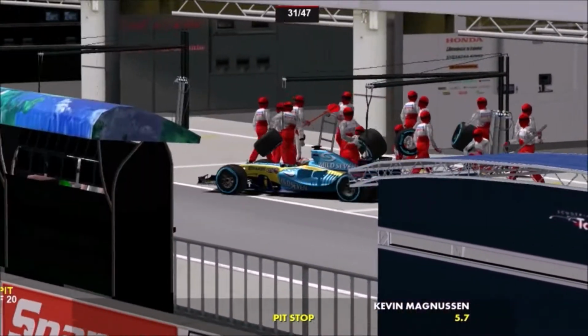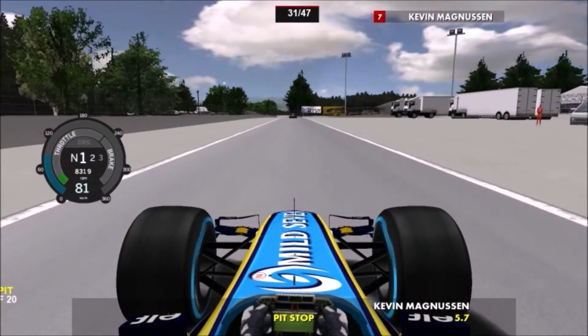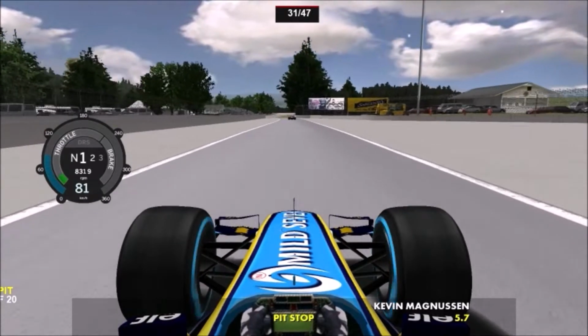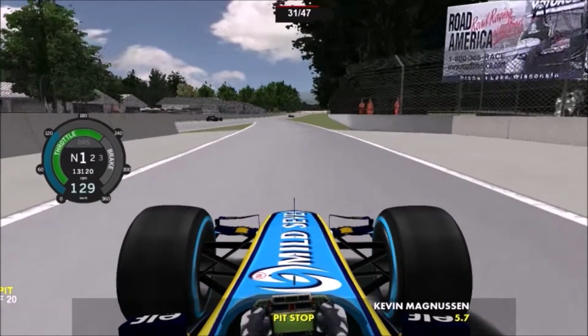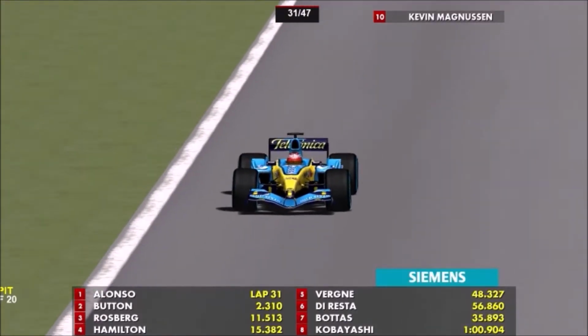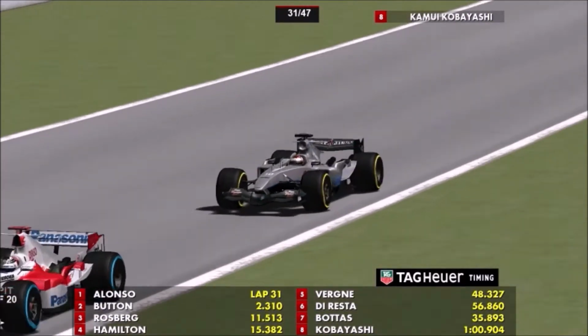As Kevin Magnussen comes into the pits for his second stop. Not a bad race for Kevin, actually. He's made his way up into the points from 15th on the grid. Outshone by his teammate, though. Quite a way off, but weirdly enough, Magnussen scored the first points of the season for myself, as...